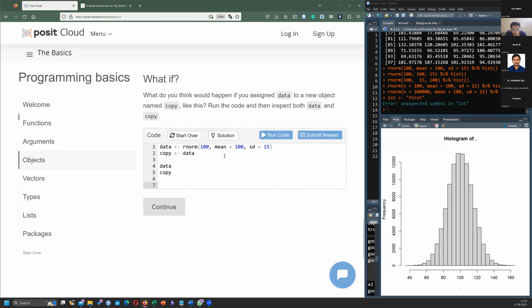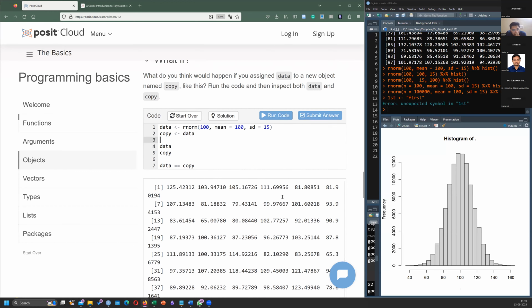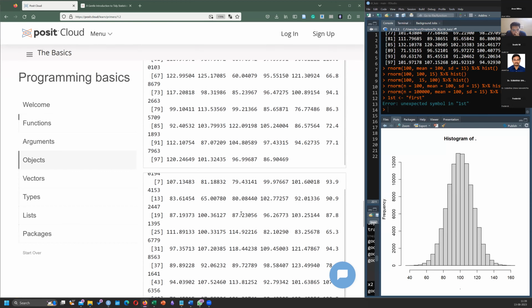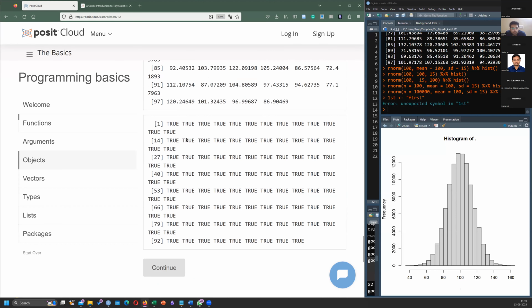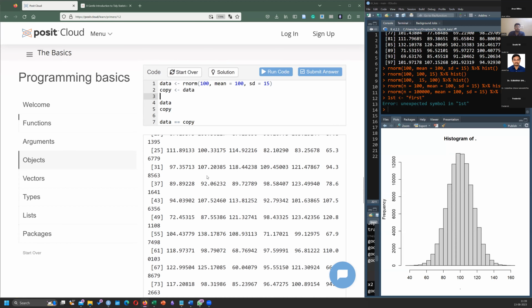Or you can also do this. This is data. This is copy. You're asking if data is equal to copy. Am I clear?